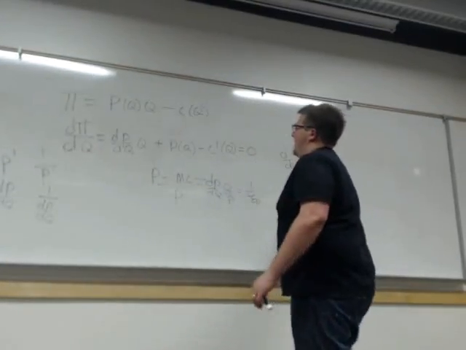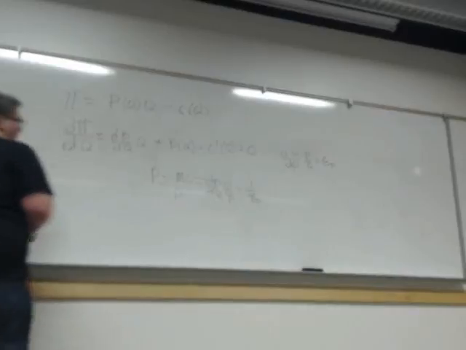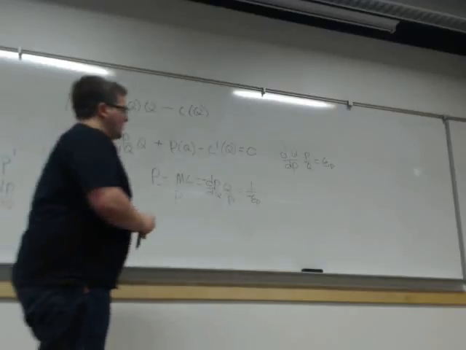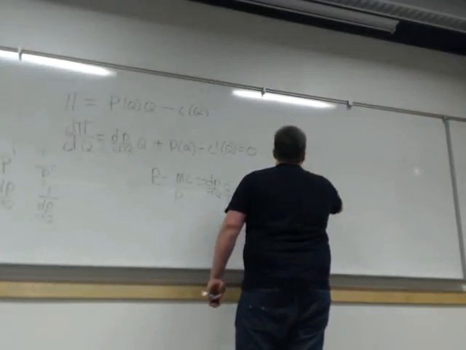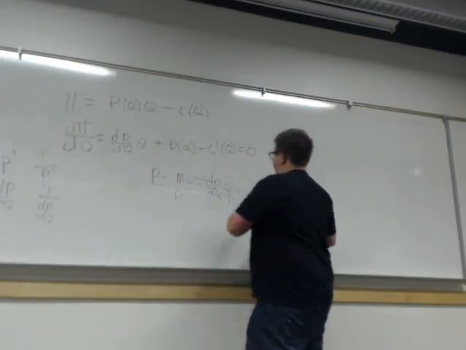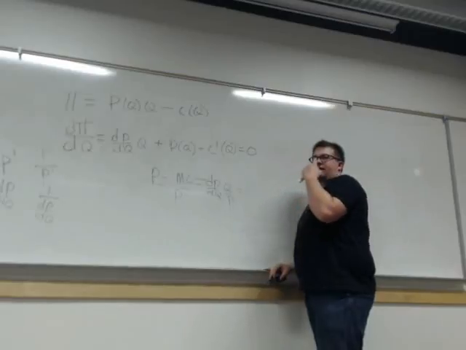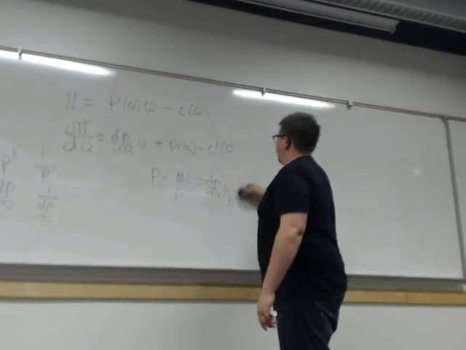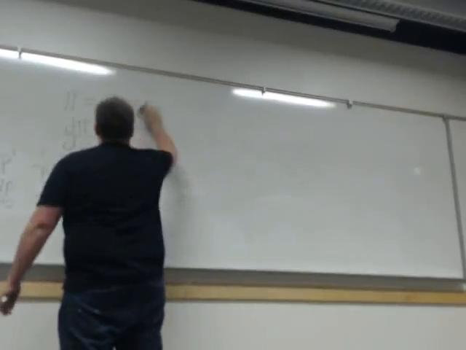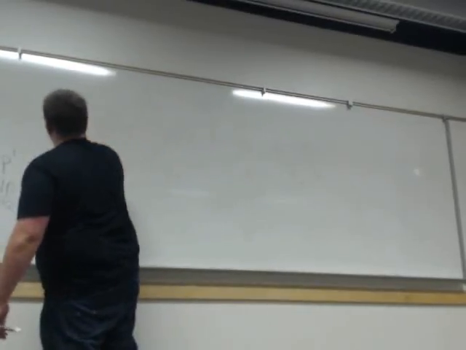Okay, so we have this, right? Now, to do the Dorfman-Steiner, we write the equation the other way. Now we have Q as a function of P and A, but we still get to the same place. So I'm going to show you the way that you do it with Dorfman-Steiner. Dorfman-Steiner relates the price elasticity to advertising elasticity, or inverse price elasticity to advertising elasticity.